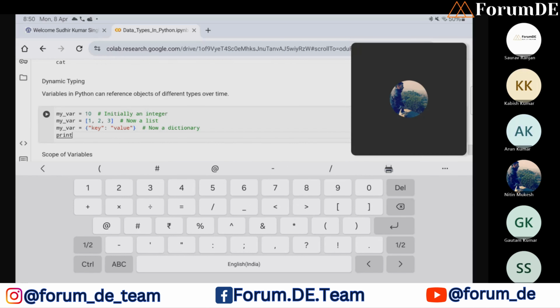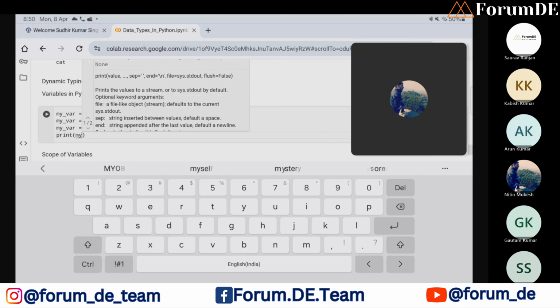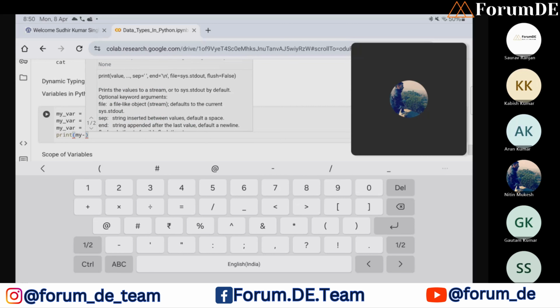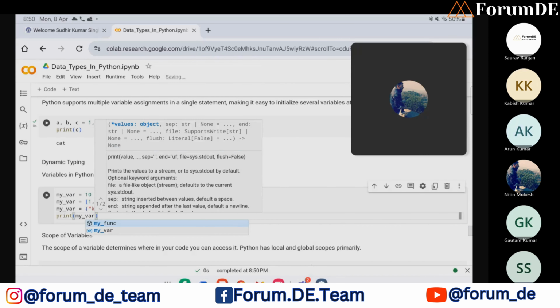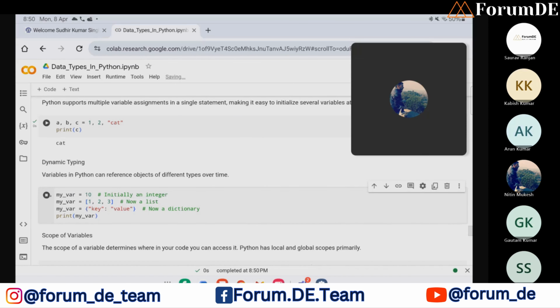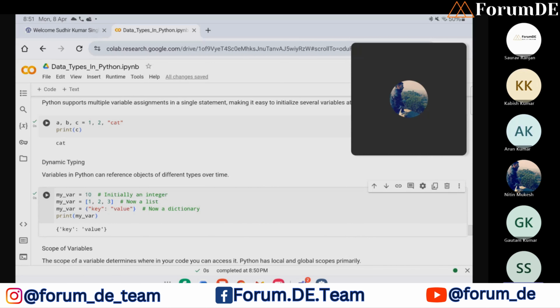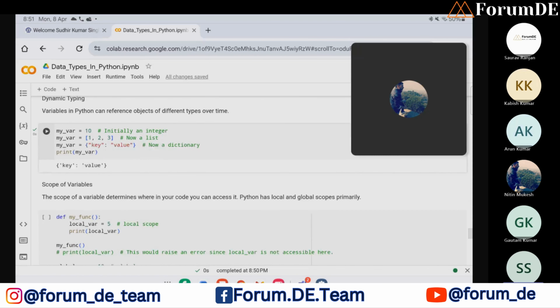Finally, Python will remember the last value which it encountered.